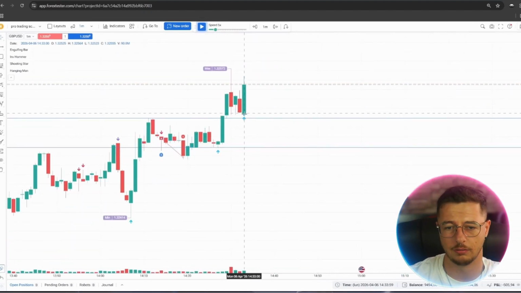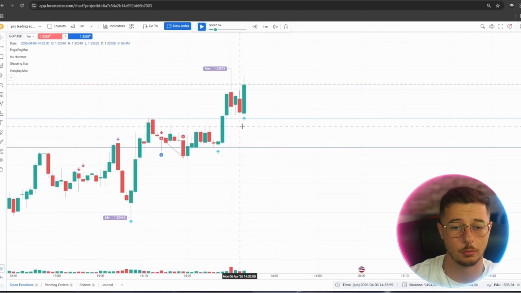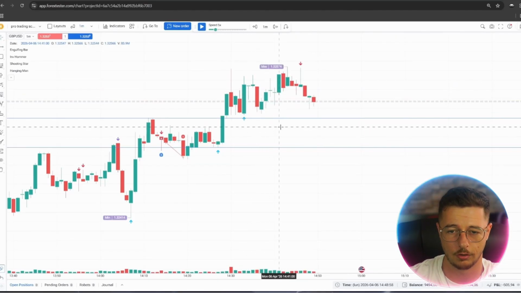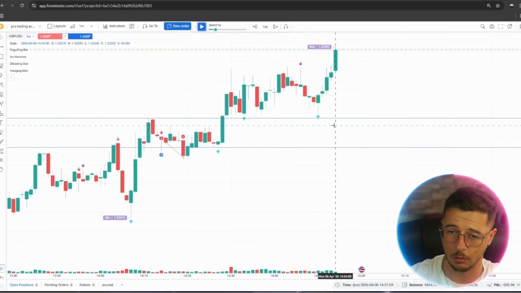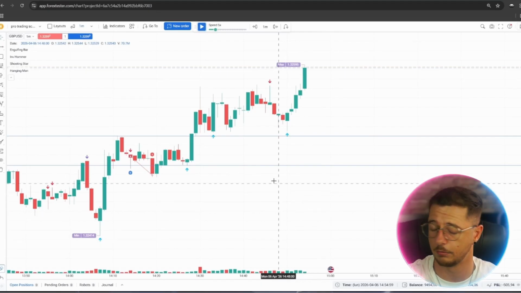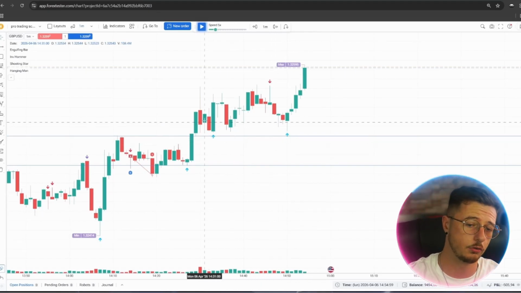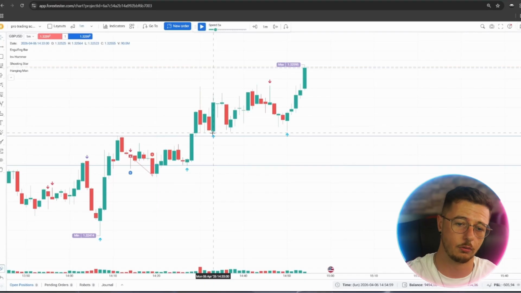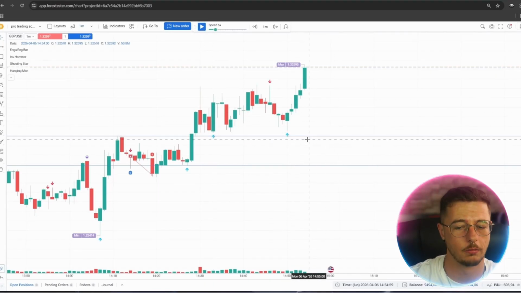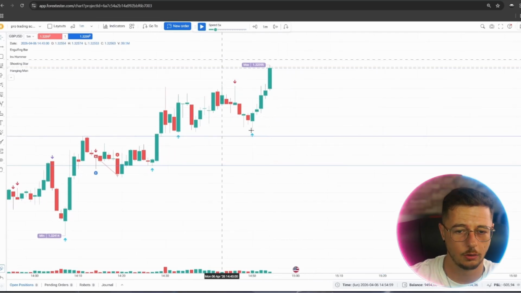As well, we can see that we nearly had a confirmation here. We've got an engulfing candle, but it didn't manage to touch the actual level, so we're still waiting for the price to actually bounce off this level. As well, if the price would bounce now, I don't know if it would be the best idea to take it, because at the end of the day, price doesn't have to come to this level to actually continue higher. It could just close the positions that it needs to close, and then go higher, and then this level becomes completely irrelevant. So saying this, we need to update our levels now, because the price has gone higher,